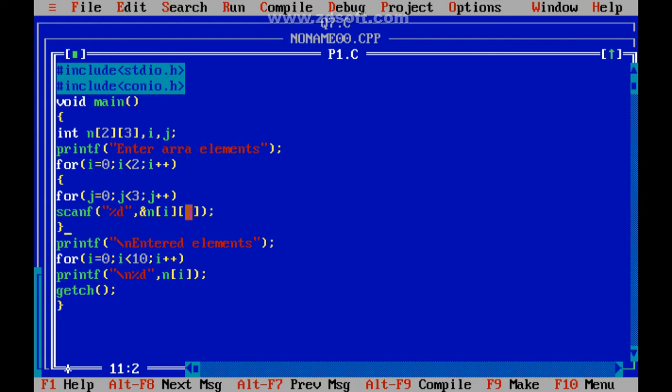Only up to j equals 2 it will read. Then for i equals 1 the loop will be repeated, so all the elements are taken in. Then entered elements, so for i equals 2 again.